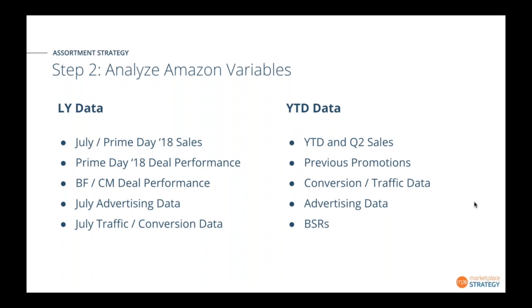So to recap all of this, the overall goal here is to take both of these steps: first looking at internal business variables, and then second looking at your overall Amazon variables and the different metrics that you have at your disposal. Taking both of those pieces, putting them together, analyzing your catalog, and then coming up with the products that you think are going to fit best with the objective that you have